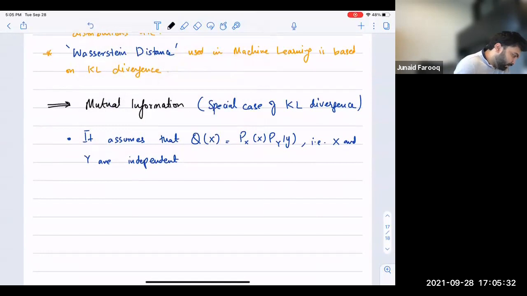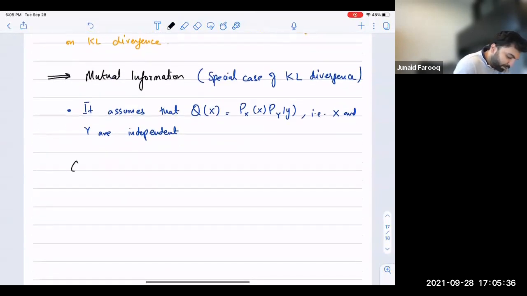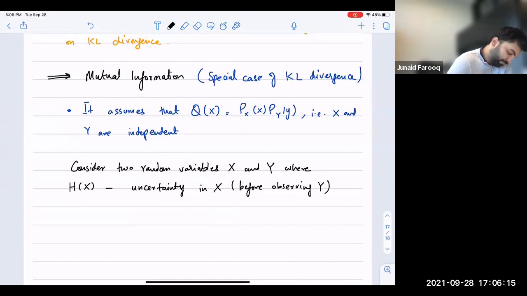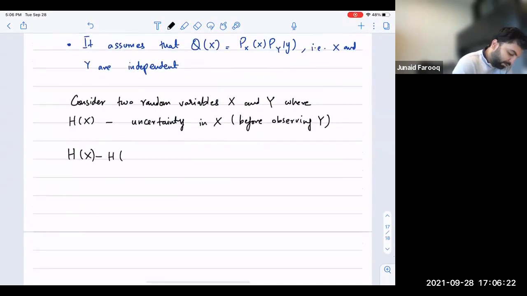So we'll see this example. Let's revisit our case of two random variables. So consider two random variables X and Y, where h of X is the uncertainty in X before observing Y, and h of X minus h of X given Y